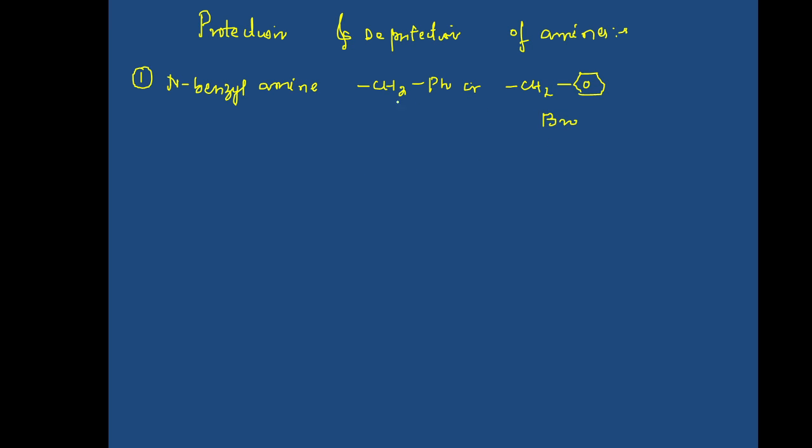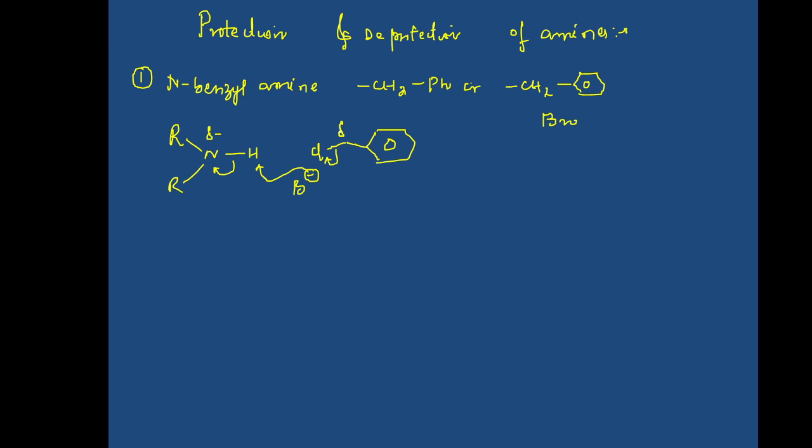Now let us see how this group is used to protect the amine. Let me take the case of a secondary amine. So this is a secondary amine. First I require a base over here. The base will abstract this proton and this bond will shift towards the nitrogen atom. Over here we will get a negative charge. Then I will treat it with this benzyl group, the Bn group. Let me write the benzyl group like this. This is my benzene ring and this is CH2. To this CH2 I should have a leaving group attached, for example chlorine.